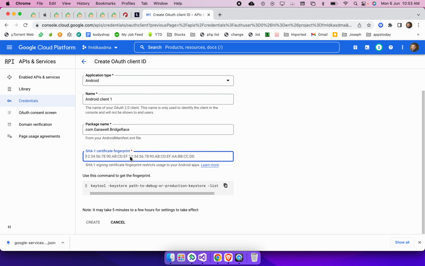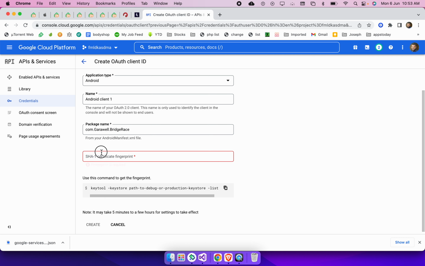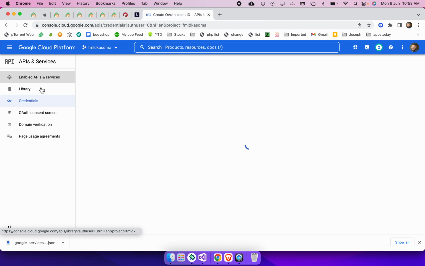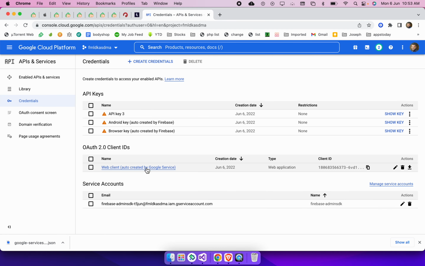I don't have the SHA key at the moment, so it will not work, but in order to get an SHA key I have a separate video for the key store, and you can learn how to get a SHA key there. You need to get that key and put it over here and click on create. Once you click on create, you will be able to see your client ID, etc. One field is added like this, Android key app, something similar will be created over here, and you'll